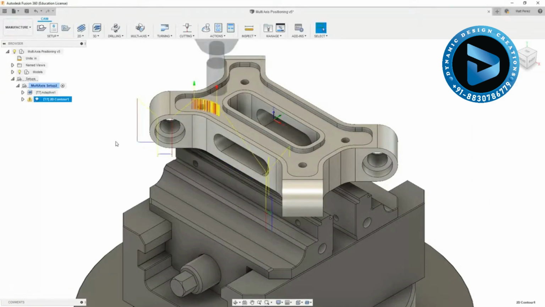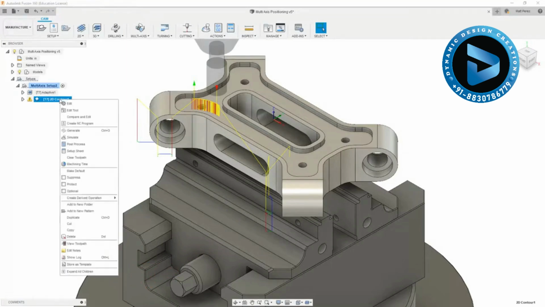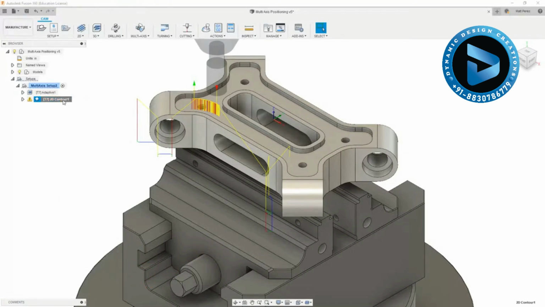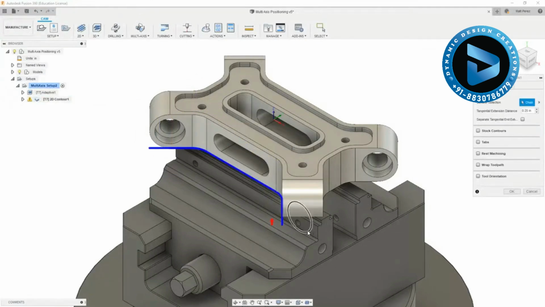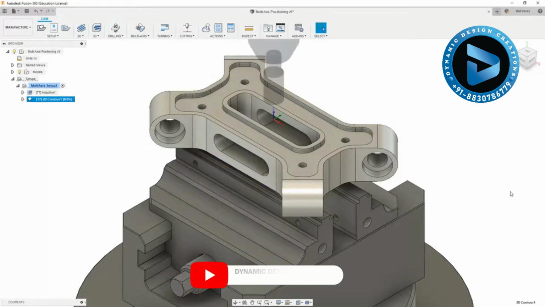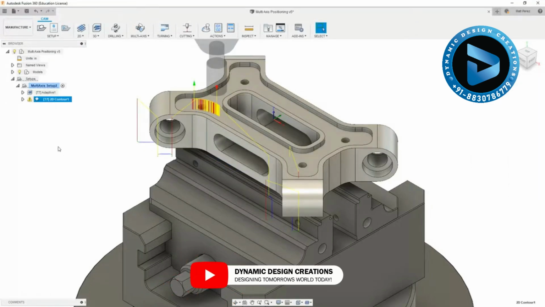Now, in some cases, this will work just fine, and in other cases, what ends up happening is the tool will flip from one side to the other. So you'll notice in this case, it contours the outside edge, but then it also flips over and contours the inside edge. And this is a product of a few different things that happen here. Because it's taking a 3D curve and pushing it down into 2D, it doesn't necessarily know which side the tool needs to be on. So if we select this red arrow and move it to the other side, you'll notice that in some cases it'll change the geometry,